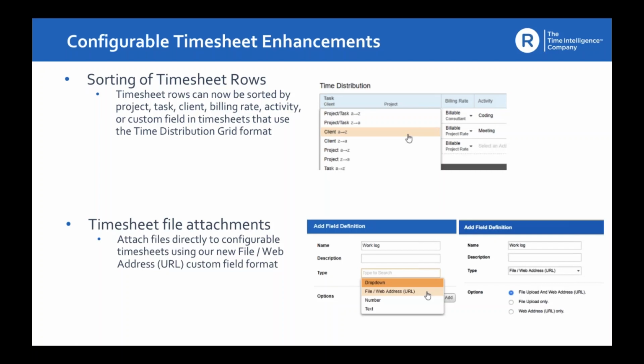The second enhancement we rolled out on timesheet is the timesheet file attachments. I've come across many customers who have requested the ability to add a file or web URL to the timesheet when they are entering time. And it could be a scanned copy of worksheet that requires signature, notes on work completed, which has been saved on Google Sheets or SharePoint document, or even images of work that they have completed each day. These attachments will make the approval process by supervisors and project managers so much easier to manage,